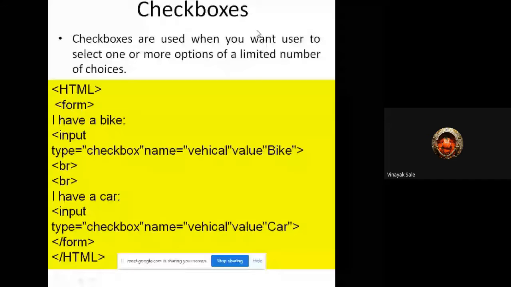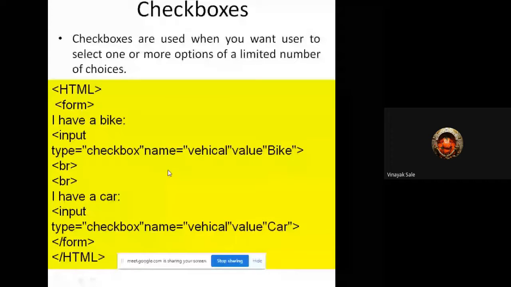See the program code for checkbox: HTML, form. Then a statement is given: I have a bike, and there is a checkbox. Input type checkbox, name vehicle, value is bike. Then break.